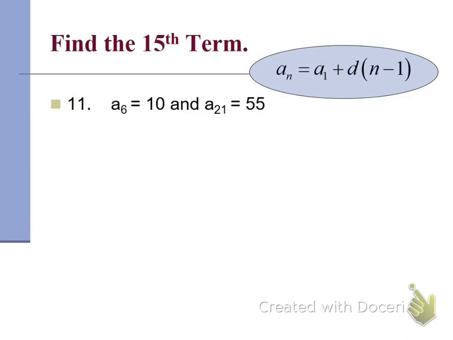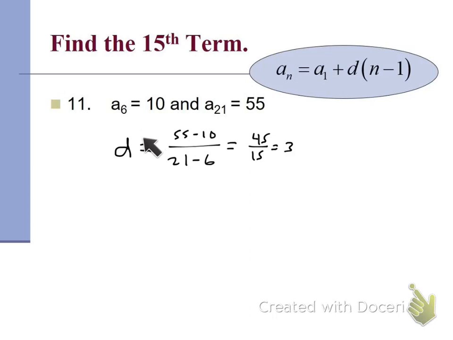All right, let's look at it this way then. I tell you the 6th term is 10, the 21st term is 55. Find the 15th term. Again, find the difference. Use the slope formula. So you immediately can find the difference by saying the difference is going to be equivalent to 55 minus 10 over 21 minus 6. So I get 45 over 15, which equals 3. So if my difference is 3,